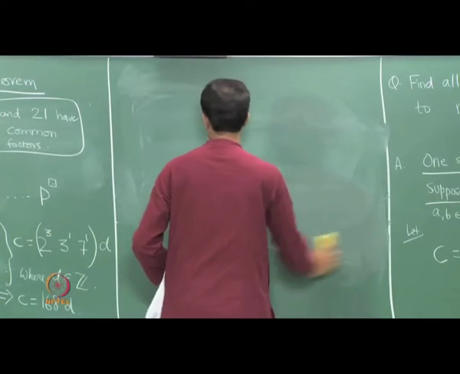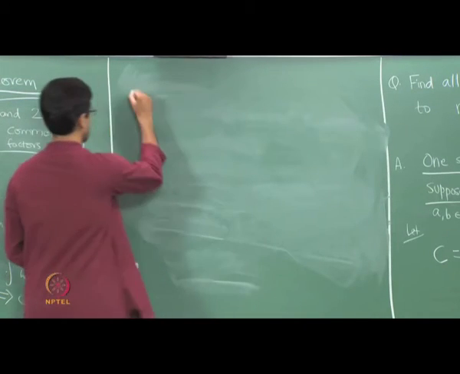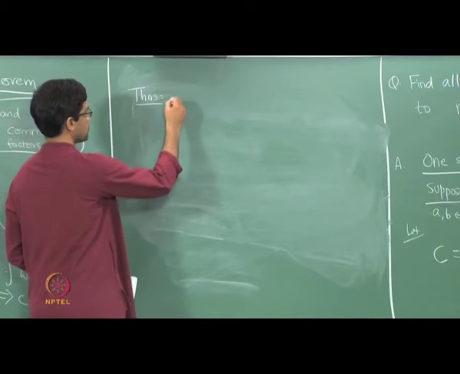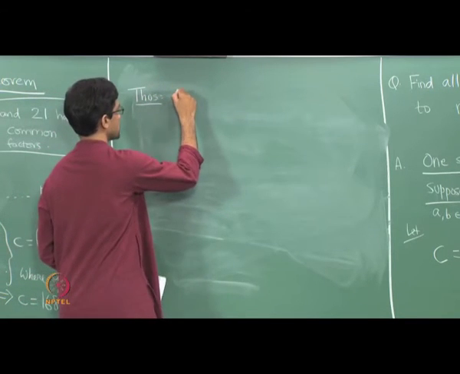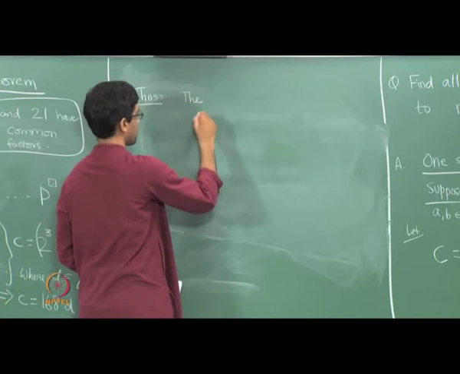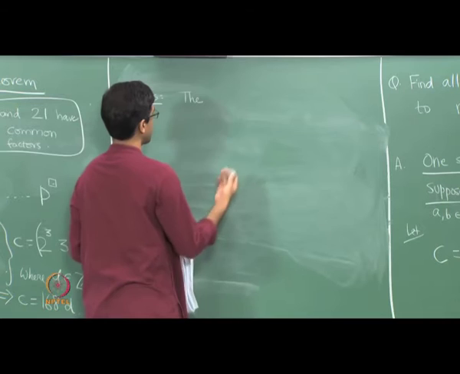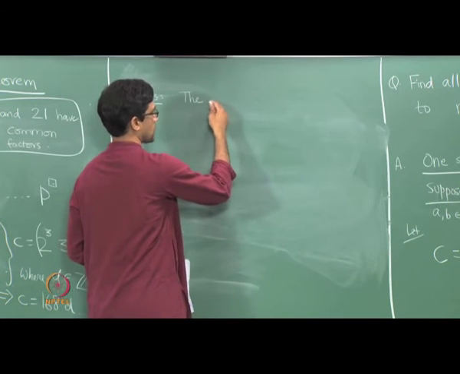So we said find all integer solutions. Thus, here's the conclusion. How do you find all integer solutions to the original set of congruences? All you do is you take one solution and you add any multiple of 168 to it. That's the only way you can get another solution. So thus here's the conclusion.